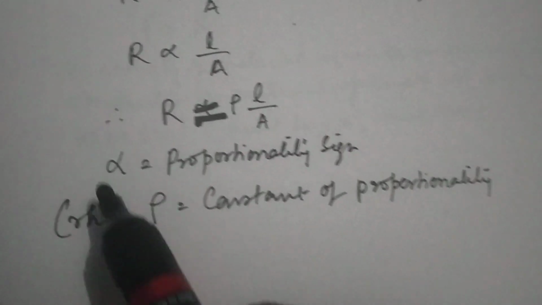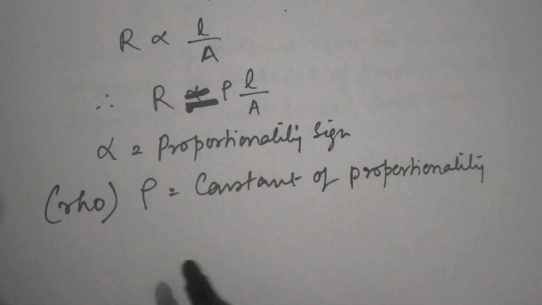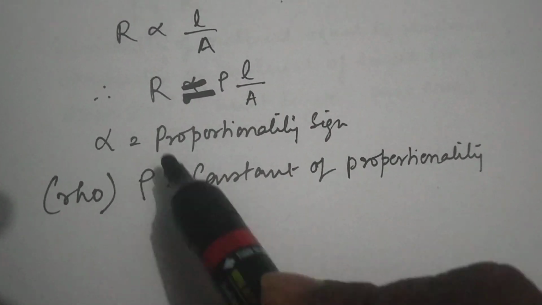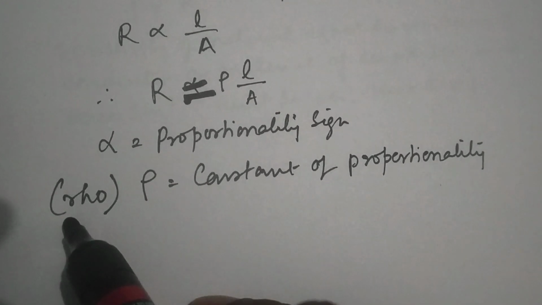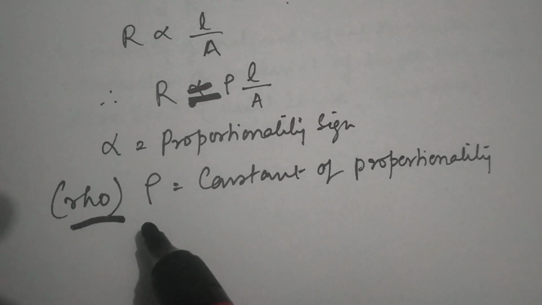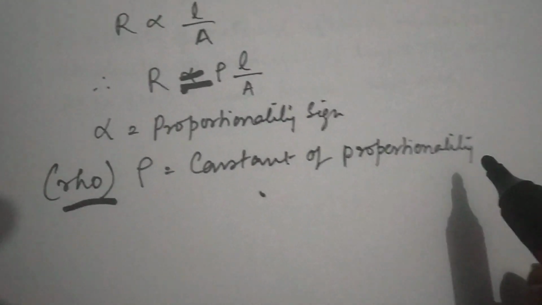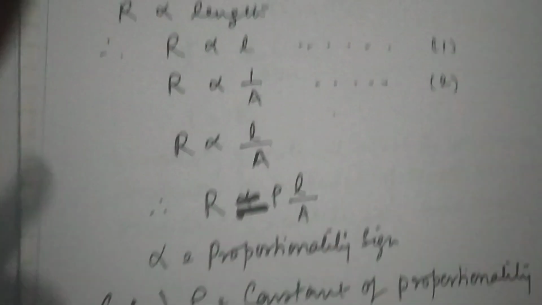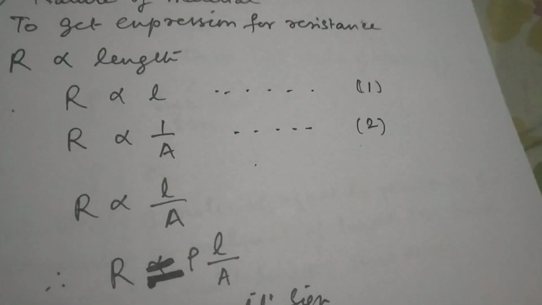This symbol that I have written here is called rho, and this is called the constant of proportionality. We are not naming it at this moment. Please take it once again. R is proportional